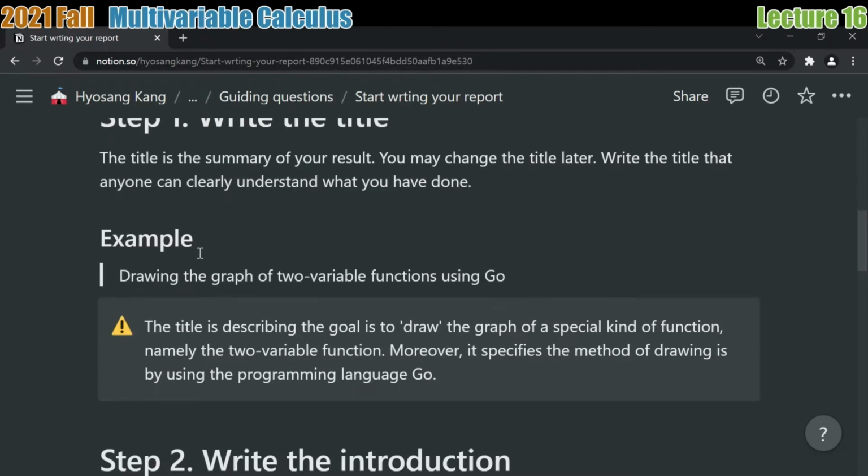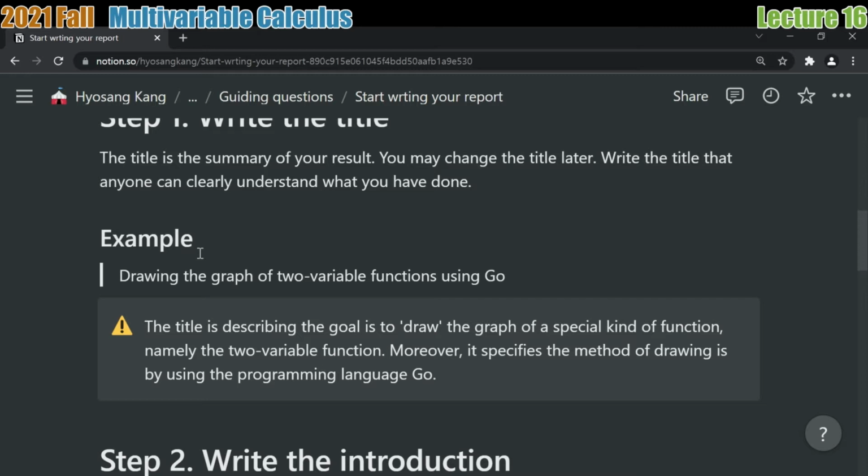So for example, that's my example, but you can follow that, you can do the same thing. I'm giving you some freedom to choose, or at least giving another option, suggesting that if you have no idea what to do in your project, then you can simply follow my suggestion. My example is that suppose I want to do my project on drawing the graph of two variable functions